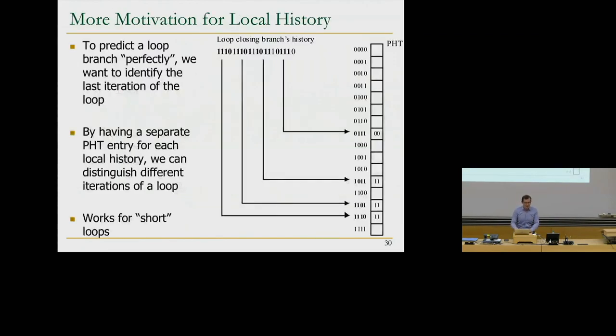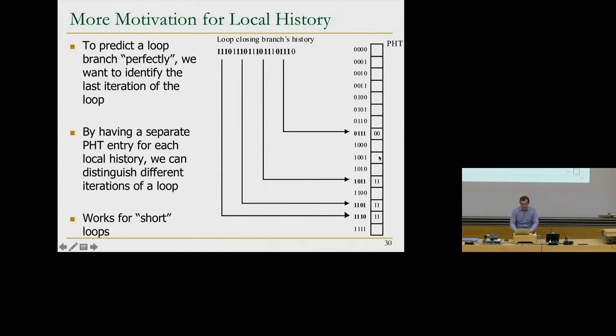So how do you actually do this? Basically, this is one example. This is different from what I've shown you over there. But basically, to predict a loop branch perfectly, you want to identify the last iteration of the loop, when it switches from taken to not taken, right? So if you have a separate pattern history table entry for each local history, so if you keep the local history of this branch,